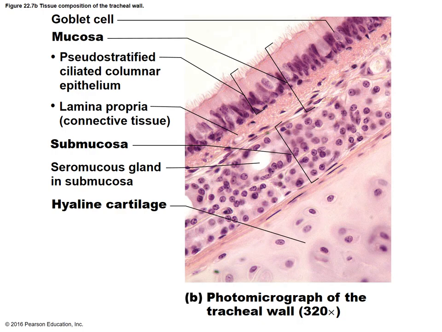This is showing a nice picture of a micrograph of the wall of the trachea. One thing I want to point out, right along here are all of the cilia that help to move the mucus that's being produced. It will help move it up, trying to prevent it from getting into the lungs. The whole purpose is to protect the lungs. You do have goblet cells in here. These are the cells that are producing